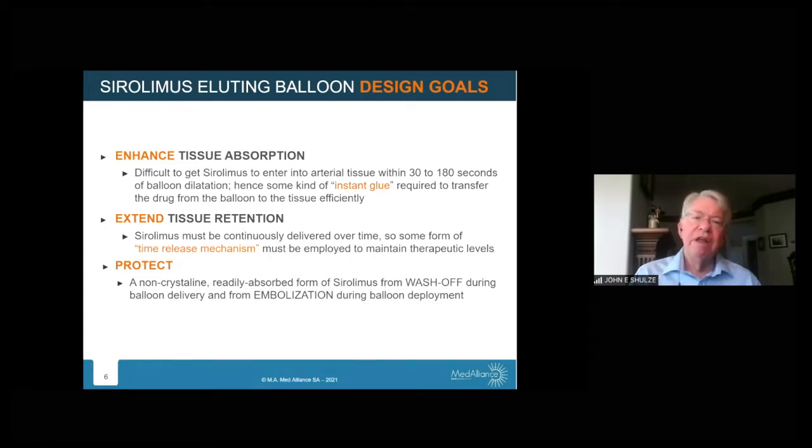And so we had to develop some kind of a way of applying, if you will, an instant glue that would allow the drug to be adhered to the vessel wall during this relatively short procedure involved in deploying a drug-coated balloon. We wanted to extend the tissue retention time, because we knew in order to allow sirolimus to really